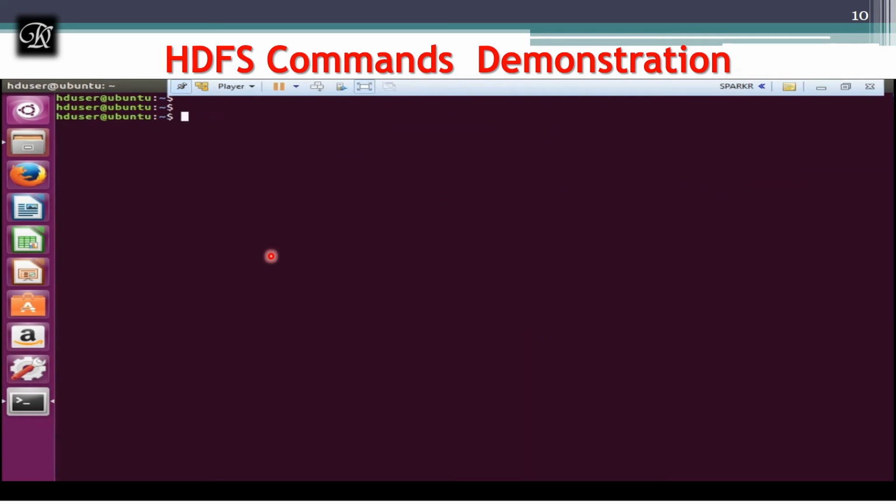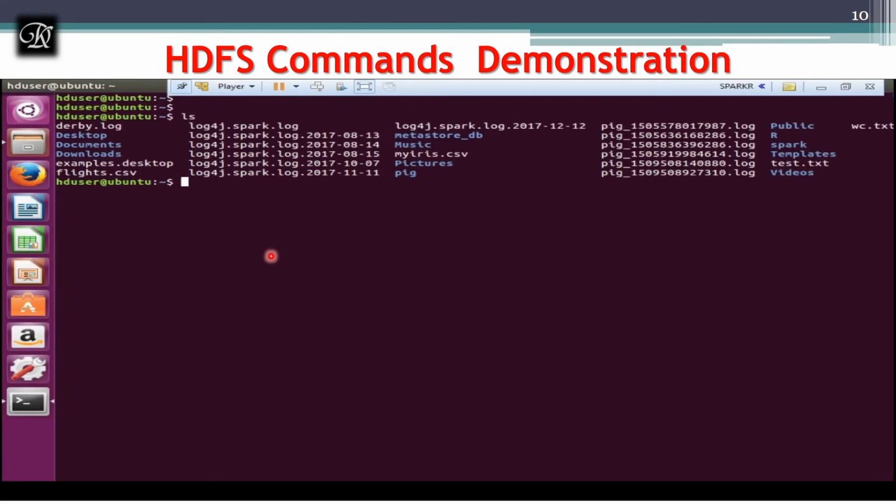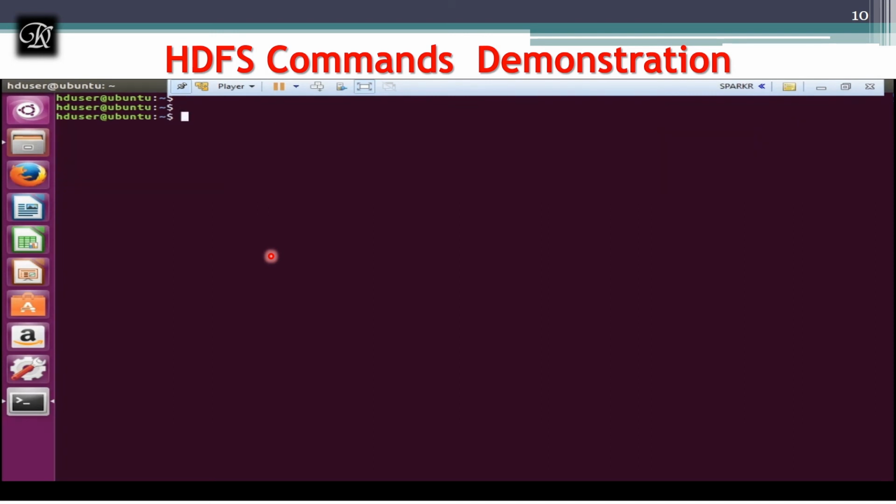Now let's see a few of the commands we have discussed, and how to use them. Now I'm listing out my home directory. I'm not listing out Hadoop's HDFS directory. So to see the Hadoop directory content, I have to use hadoop fs -ls, where I have one directory. You can make a note of it. How can I tell it's a directory? You can notice over here, it starts with the d.